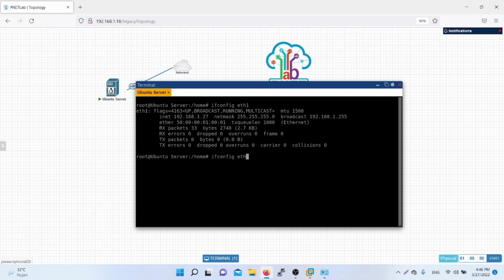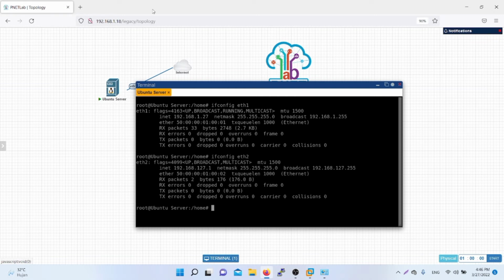And we go to check Ethernet 2. We get 192.168.127.1. And the next step, we must check the gateway from our default route from the Ubuntu server.